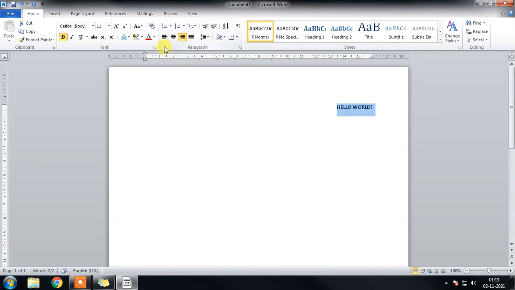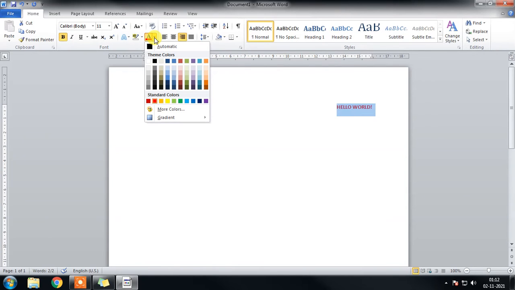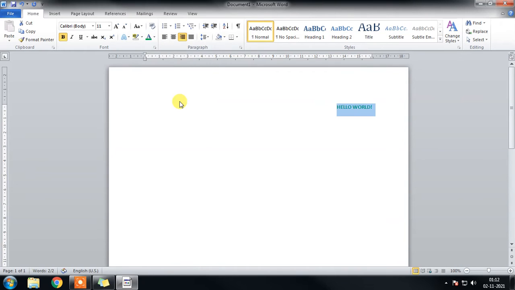And the third variety is of this type, a combination of a direct command along with a downward arrow. When you click on the direct command, it will affect the text directly, so it changes the text into red color. At the same time, we can also make use of the arrow. When we click on it, it will again show a list of commands. From that, we can select the desired one, and then it will apply to the text.